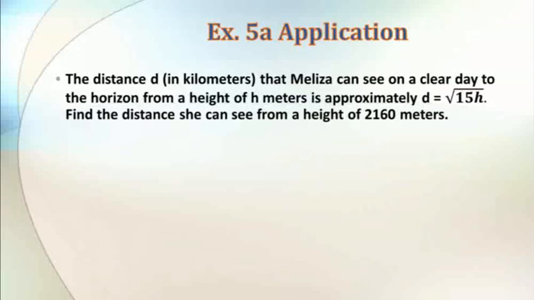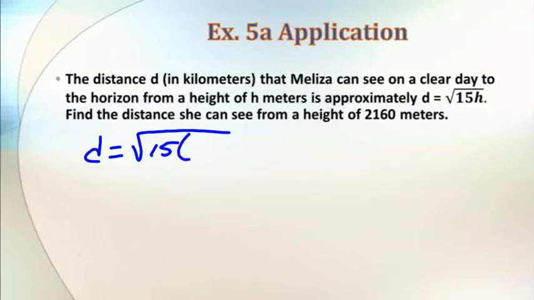Now let's go through an application. The distance d in kilometers that Melissa can see on a clear day to the horizon from a height of h meters is approximately d equals the square root of 15h. Find the distance she can see from a height of 2,160 meters. So h is the height. If I take my d equals the square root of 15 times my height, which is 2,160. So if I were to multiply those in there, you would get an answer of